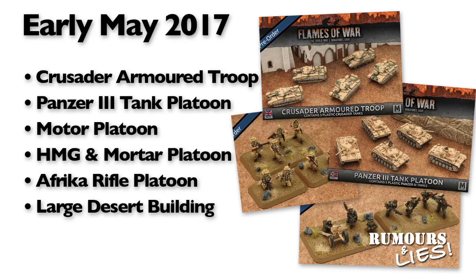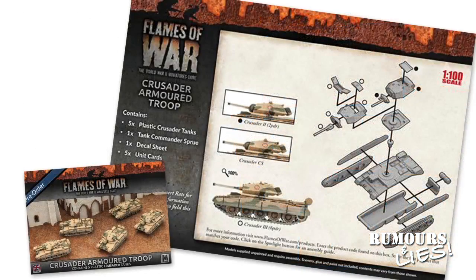The large desert building will join the terrain products. Adding the infantry will really expand version 4's scope. Taking a look at the Crusader box, we get a lot of options here. This kit contains 5 plastic Crusader tanks, which can be finished as the 2-pounder armed Crusader 2 gun tank, the